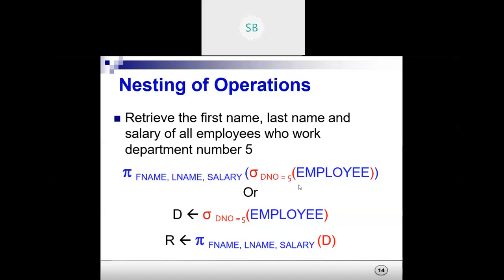Once you have all the people who work in department number 5, using the project operation you can easily find the name and salary. Are you clear now? See, it will come with practice. I'll give you some questions to solve, so that you will be able to solve them. Okay. Next.